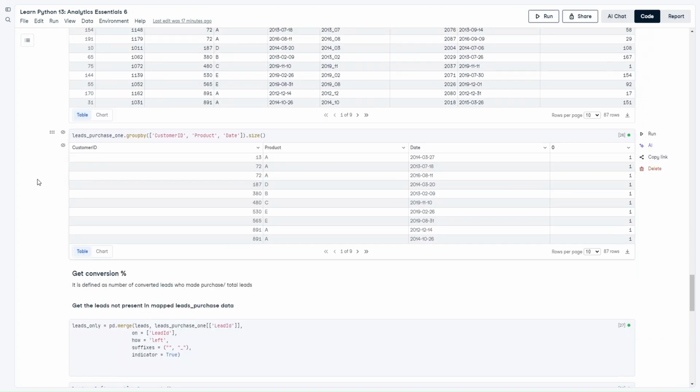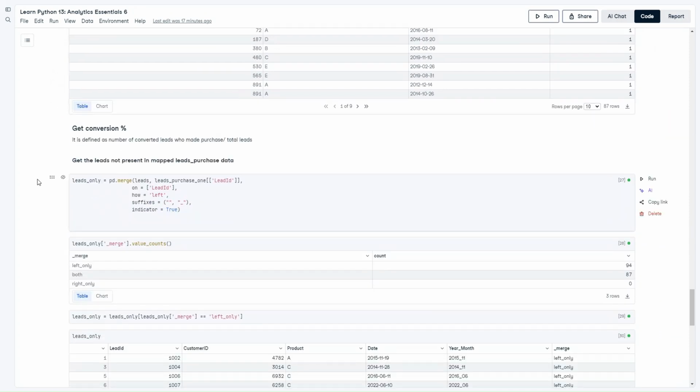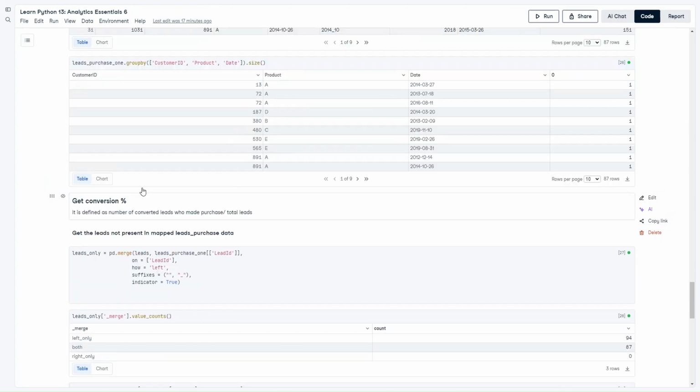Now the second part is understanding conversion. So conversion percentage is the number of purchases divided by total number of leads. In those purchases, we will not directly divide, because we want to map it first and then do the division. So conversion percentage is the number of leads who actually made a purchase divided by total number of leads. So now we have a set of mapped leads, which is 87,